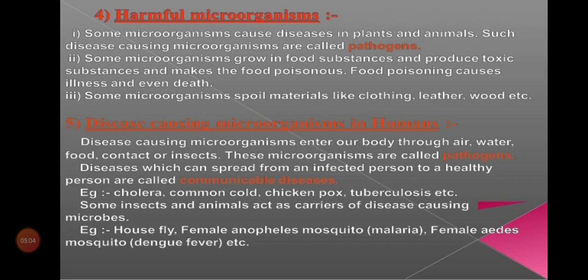Some microorganisms will spoil materials like clothing, leather and food, etc. For example, when we wash our clothes and do not sun dry them, automatically they will get small black colored dot-like substances on our clothes and also shoes and leathery materials. Why? All those things are called fungi. So properly we need to sun dry all those things. When exposed to sunlight, it will kill all those microorganisms. So these are some examples for microorganisms.